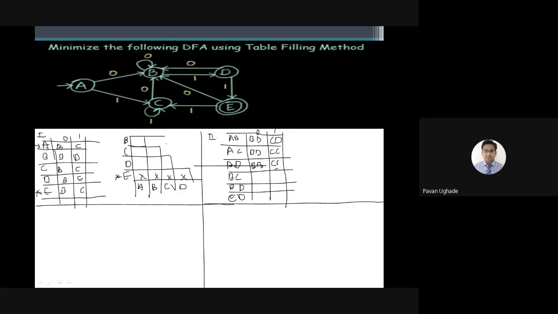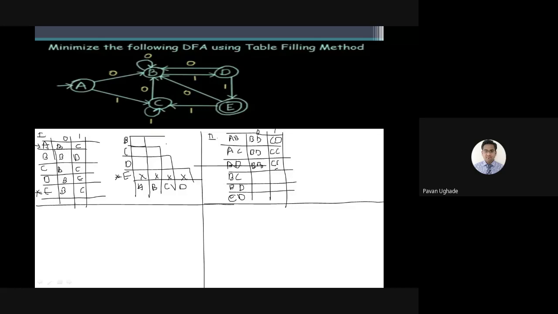Yes, Snehal, you got the correct one. Only one thing you have to mention. In the written words, you have to mention which are the distinguishable and indistinguishable states, and the machine equation is missing. Otherwise, your steps and the answer are correct. Please keep in mind that this kind of question will be asked for 7 to 8 or maybe more marks. If you go through the question paper, you will understand.